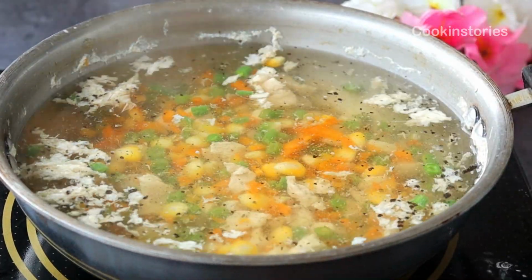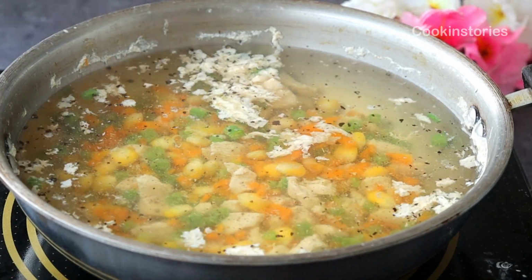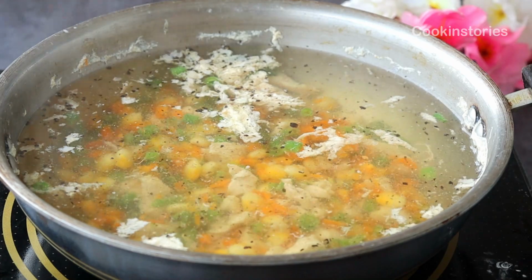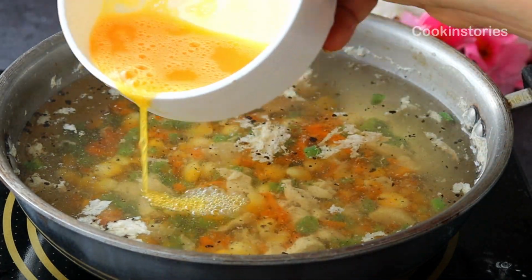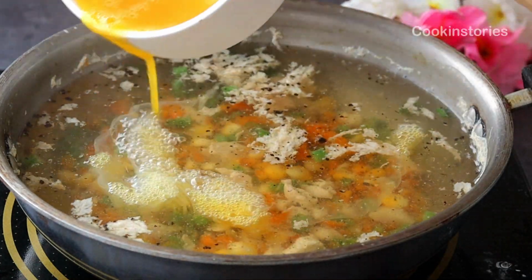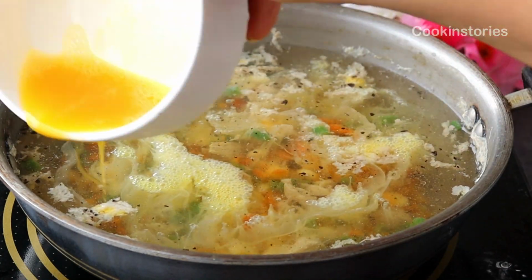At this point of time, you need to add the beaten egg. For this, you have to be very careful. Let me show you how you need to add. First of all, crack the egg and beat it properly. Then slowly you have to drop in the egg from one side and rotate it until your entire beaten egg